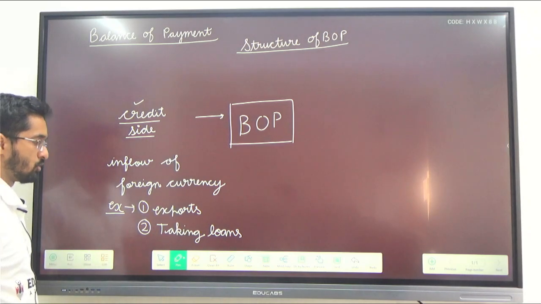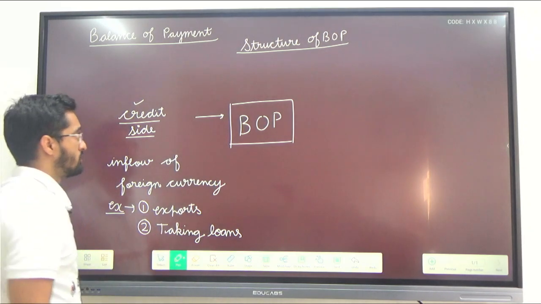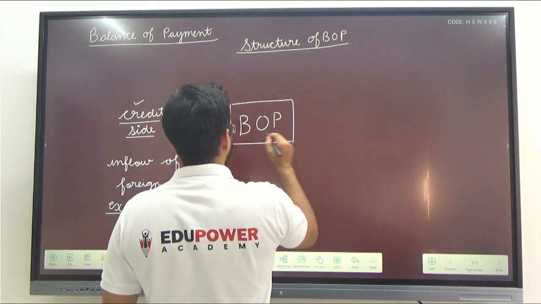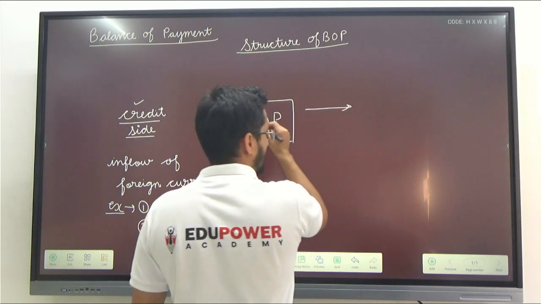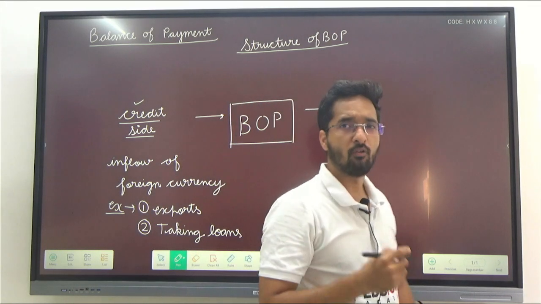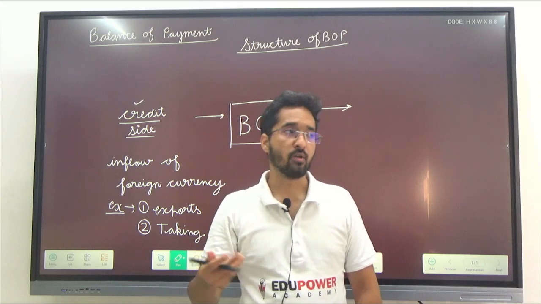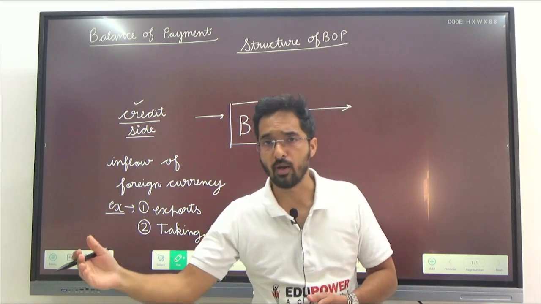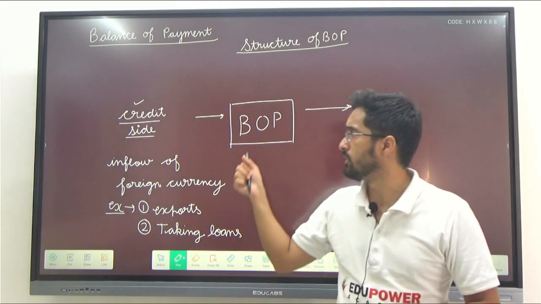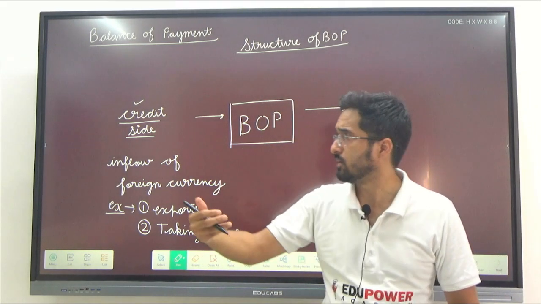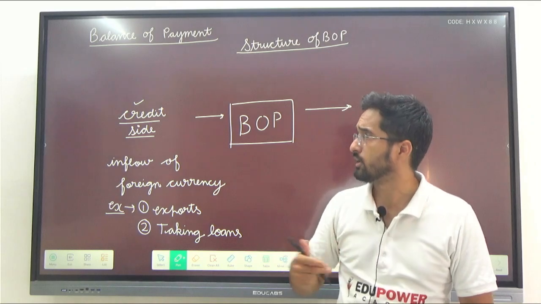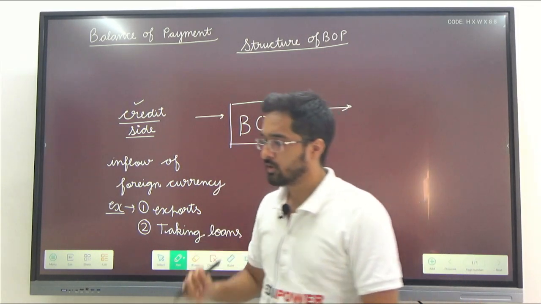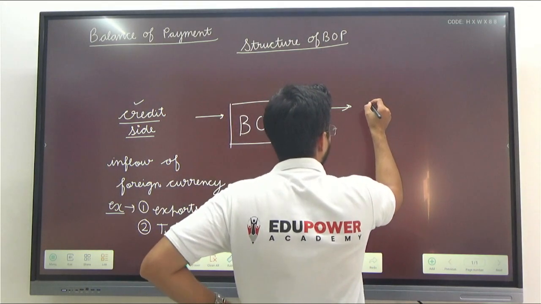So exports and taking loans. Next is, this is the first side. There are two sides of the balance of payment. Balance of payment is nothing but an account, like you have a bank account. When money comes into the bank account, you call it credit. When money goes out of the bank account, you call it debit. Similar is the case with BOP. When money comes inside India, it is called credit, and when money goes outside, it is called debit. So debit side